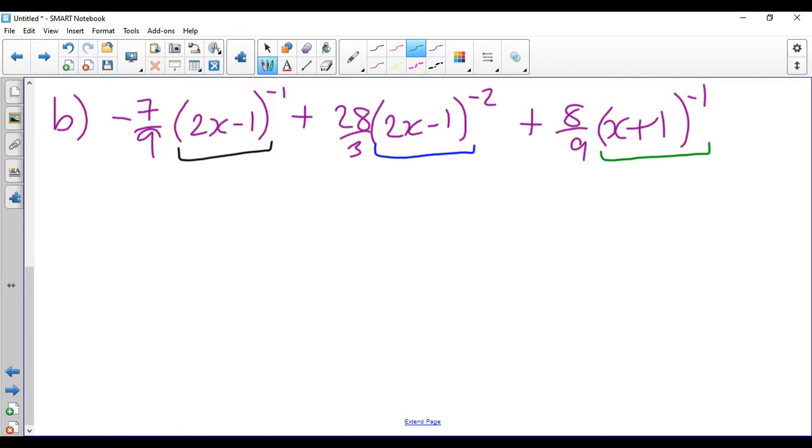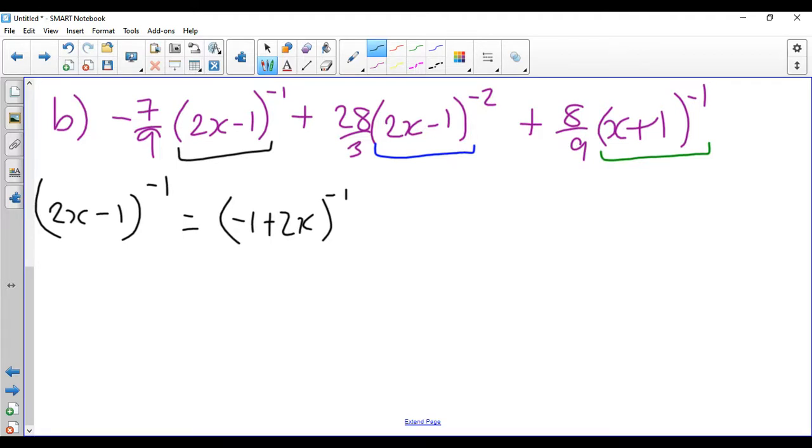So let's start with 2x minus 1 to the minus 1. Remember what we said? We much prefer that written that way around. It's just psychological, I think, which makes it easier. Now, I don't want a 1, so I'm going to have to bring out that minus. Now, that minus, I'm going to call it minus 1 and do this properly, will be to the minus 1, 1 minus 2x to the minus 1. Now, minus 1 to the minus 1 is just a negative. Okay, so I will have negative